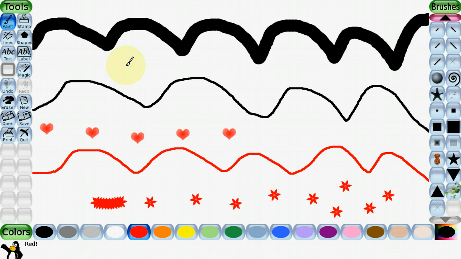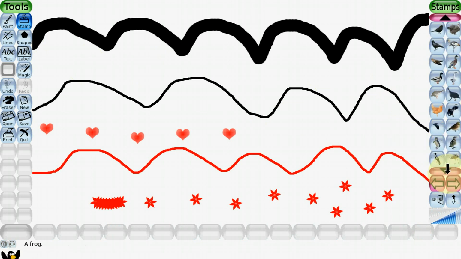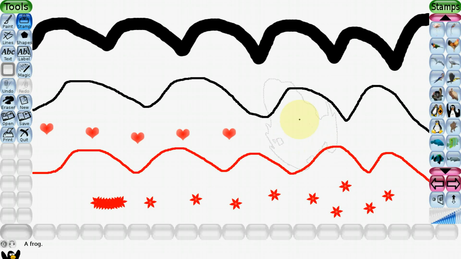After that, second is stamp tool. Stamp tool, if you want to prepare some inbuilt picture or you want to display some animals, some birds, so these stamps are available. But these stamps are not automatically available in your system. What you have to do, you have to download them. I will provide the link in description for TuxPaint as well as this stamp tool.